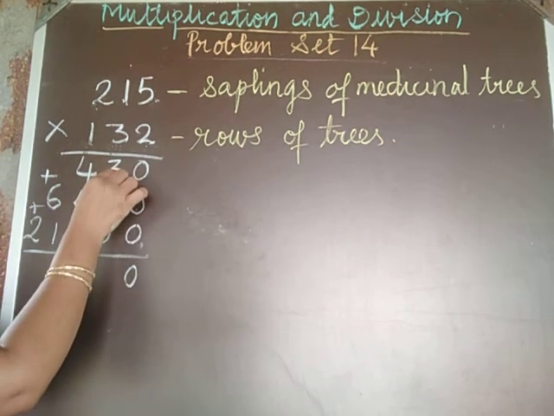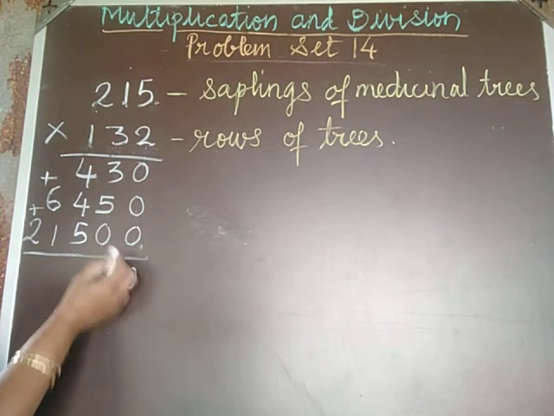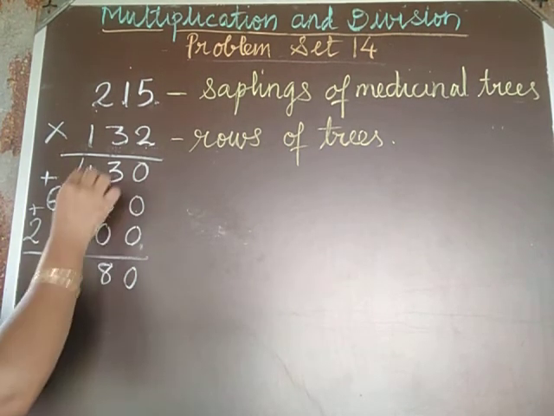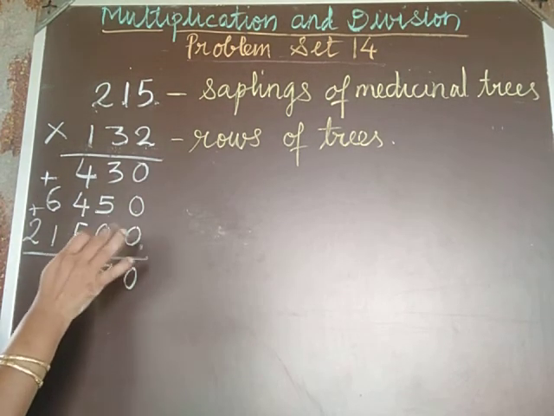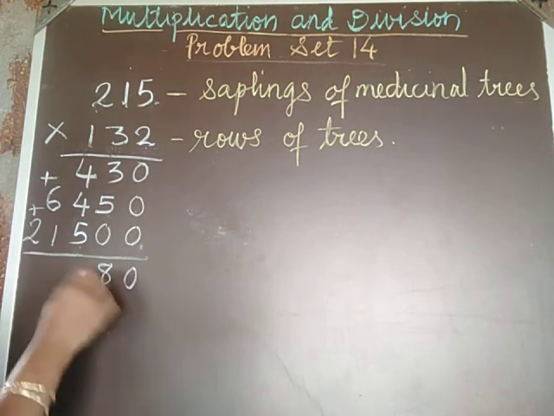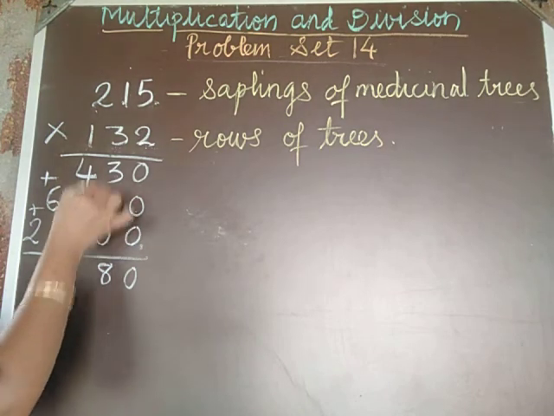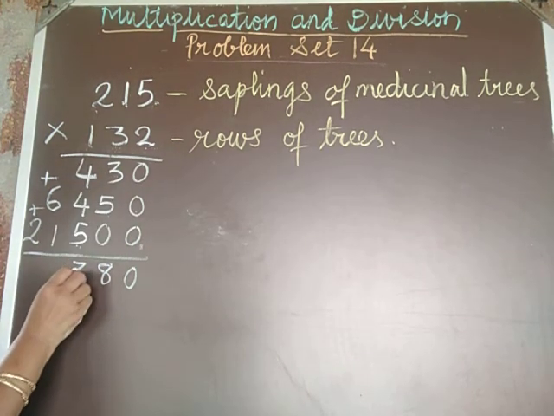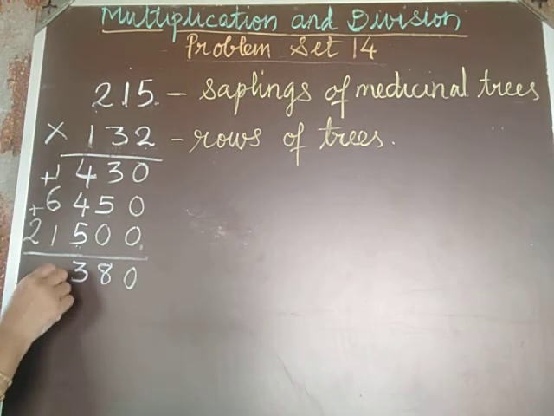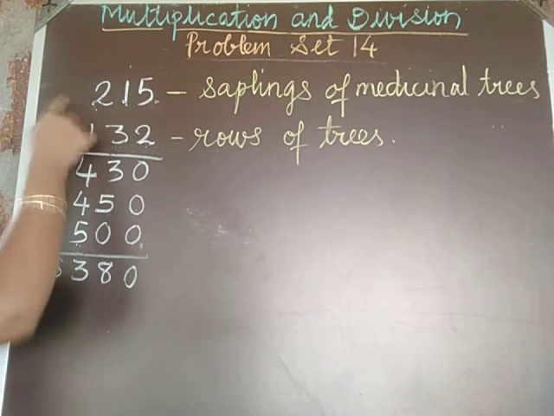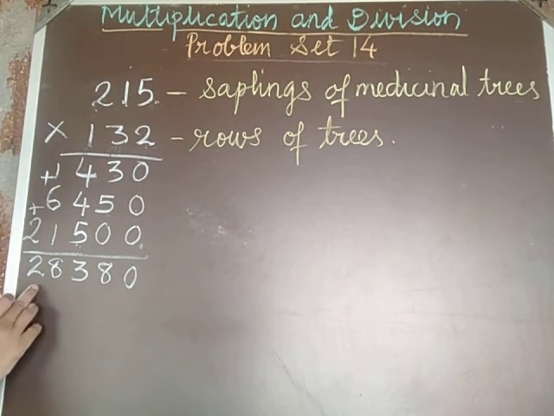5 plus 3 is equal to, come on student, 5 plus 3 is equal to 8, plus 0 is also 8. Fine. Now 4 plus 4 is 8. Okay, 8 plus 5 is, come on, think. It is 13. Or you can do it this way also: 5 plus 4 is equal to 9, 9 plus 4 is also equal to 13. So carry 1 here. Now 6 plus 1 is 7, plus 1 is 8. And this 2, nothing is there above, so that means 2 will remain as 2. Now what is the answer?